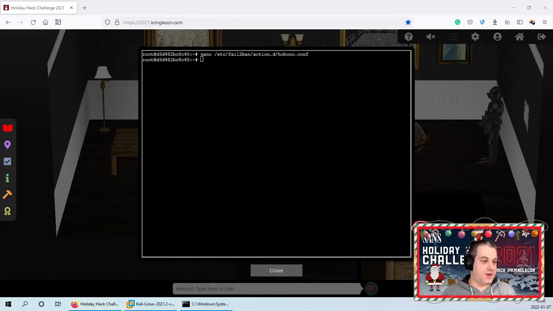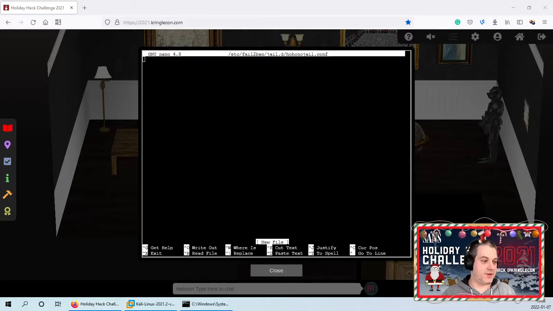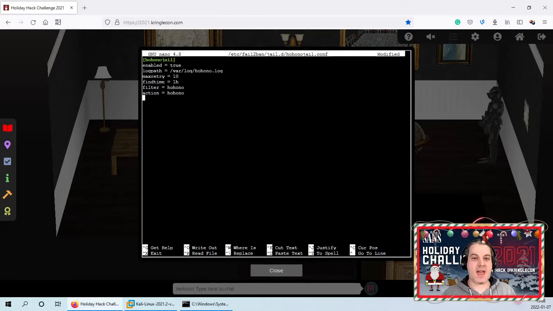And next we need to define the jail configuration, which is going to tie together the filter and the action. I'm also going to have the log path that we need to monitor, and we have 2 parameters here. This is just from the challenge definition. The find time will use a sliding window on the log, and if within that 1 hour we have 10 entries that match one of the expressions that we defined in the filter,